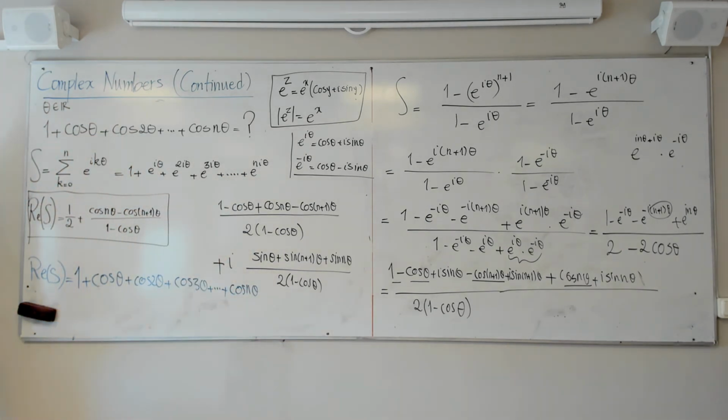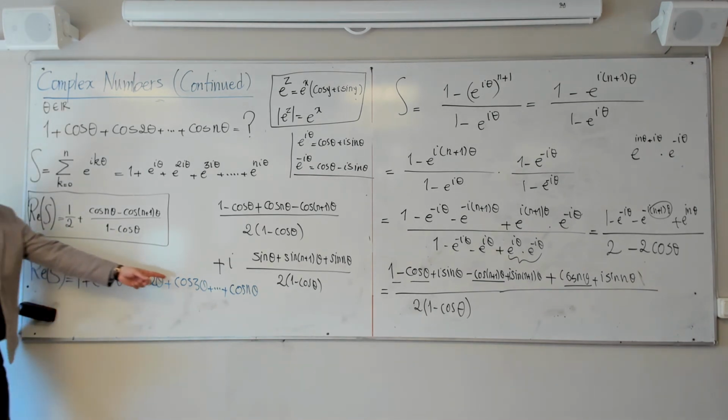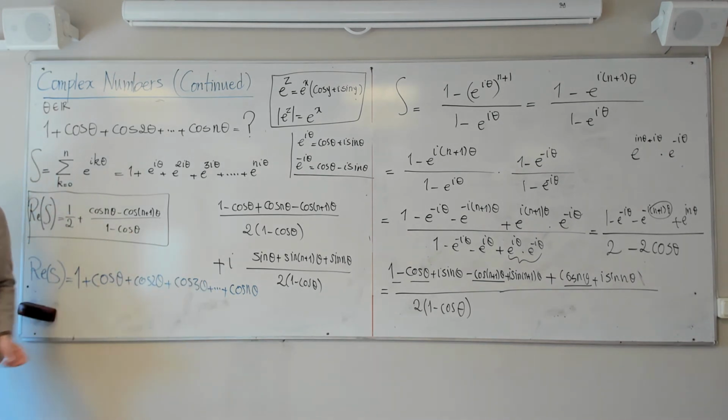So on the one hand, the real part is this. On the other hand, the real part is this. So they have to match. When we put them equal together, these dots are gone. So this is a closed formula for that. So this is one way to discover the formula rather than having the formula and proving it using mathematical